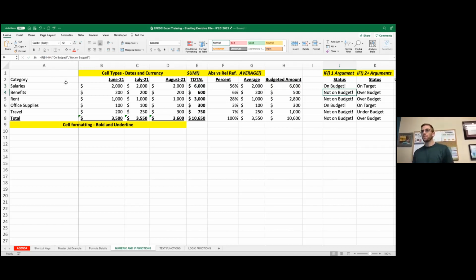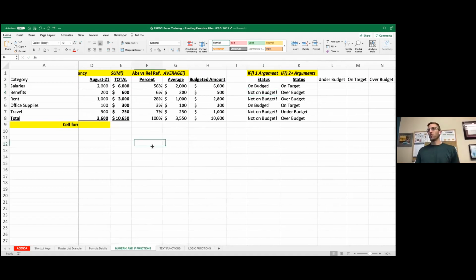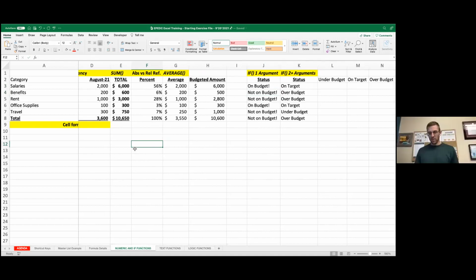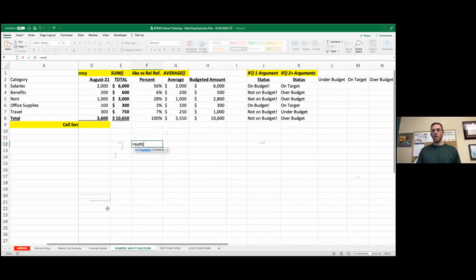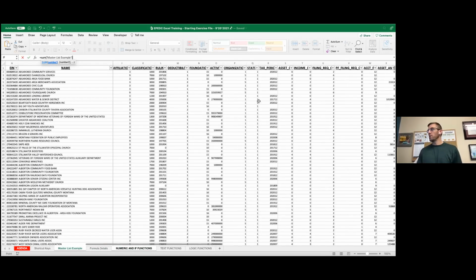Yep, absolutely. You can also, as you're building this out, maybe we'll do this a little bit next time, reference data in different sheets. So let's say I wanted to do equals sum, and it's asking for the number. That number does not have to be on this sheet right here. I can go back to my master list, and let's say I want to see the sum of